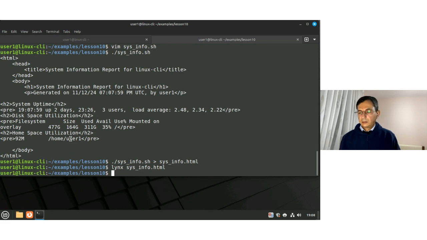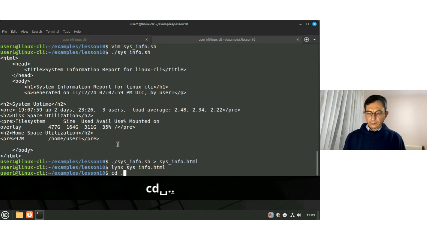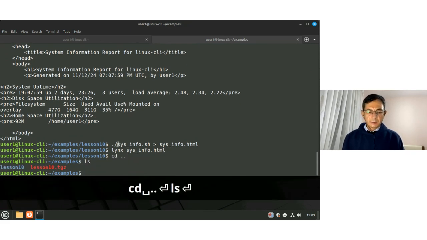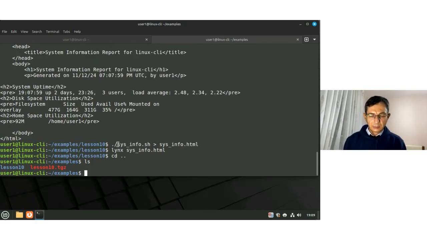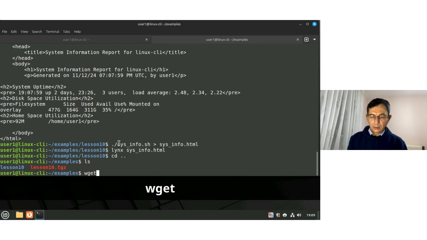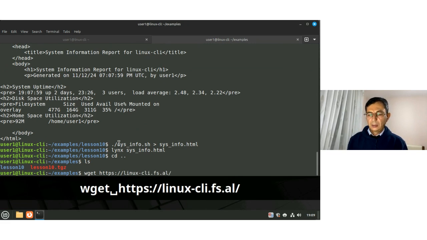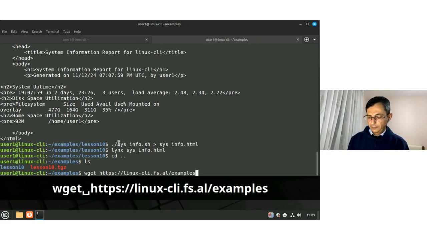Now we will start another lesson, which is related to branching with the command if. But before we do this, let's download some example scripts that we are going to use in this lesson. And we can download them with the command wget https examples